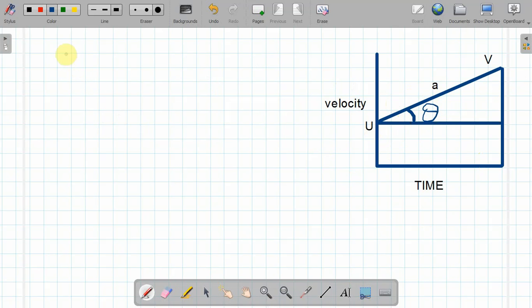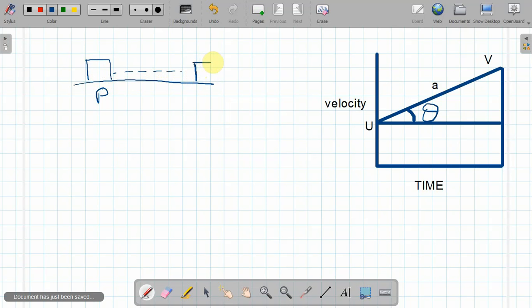Now let us suppose a particle, or you can say object, is initially at this point, say suppose at point P, and the particle started moving, and after moving it has reached, say suppose this point, which is Q. During this time from P to Q, it has taken time t, and it traversed a displacement s and acquired the acceleration a. So now let us try. As you can see from the graph,